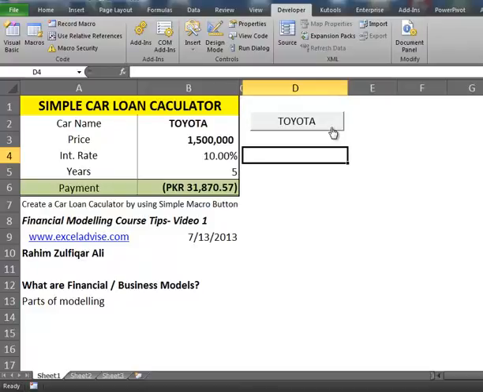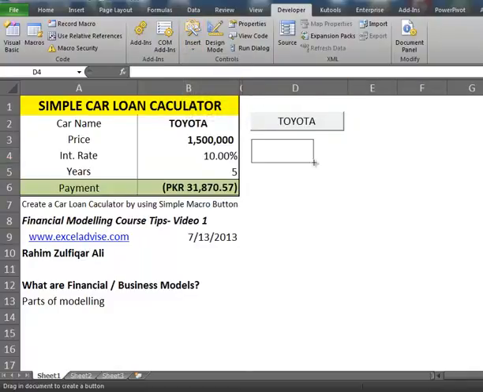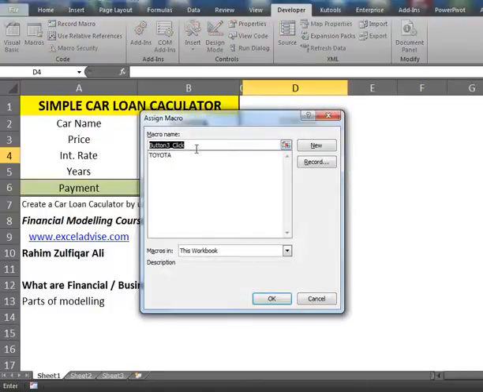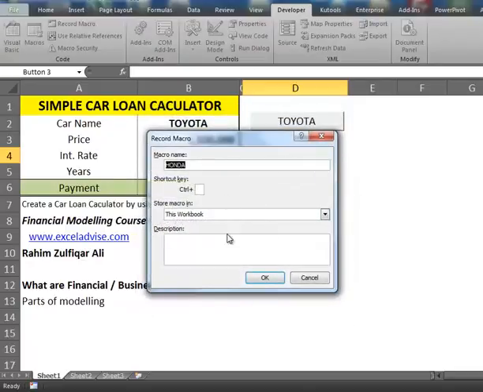Similarly, for more cars we will create more buttons. Again go to Insert, click on Form Controls, and drag a button somewhere below the Toyota button. Again it asks for a macro name, so we give another car name, Honda, and press Record. We don't have to give a description or shortcut key.